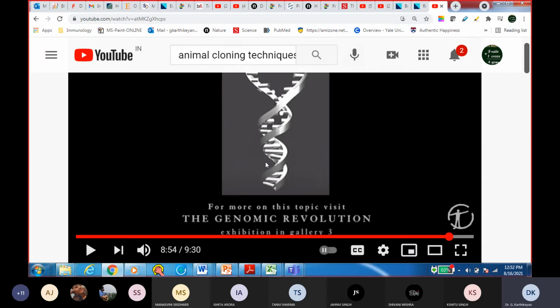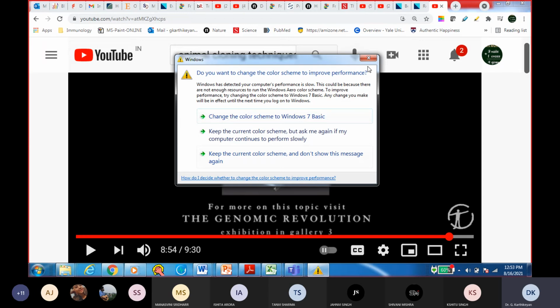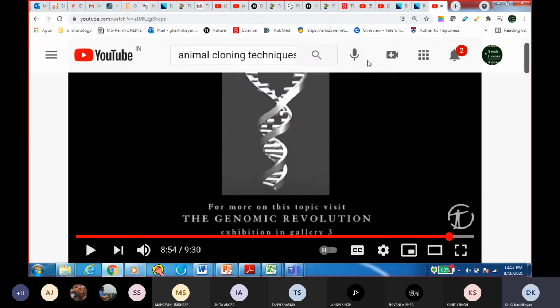But when it comes to animals, I think cloning has been a boon, right? People are actually trying to resurrect the woolly mammoth, which was found frozen in the Siberian ice caves, right? And people have been trying to see if they can clone a few other animals. As of now, nothing has been successful, and so the chances of a Jurassic Park happening in our times is probably remote. Nevertheless,